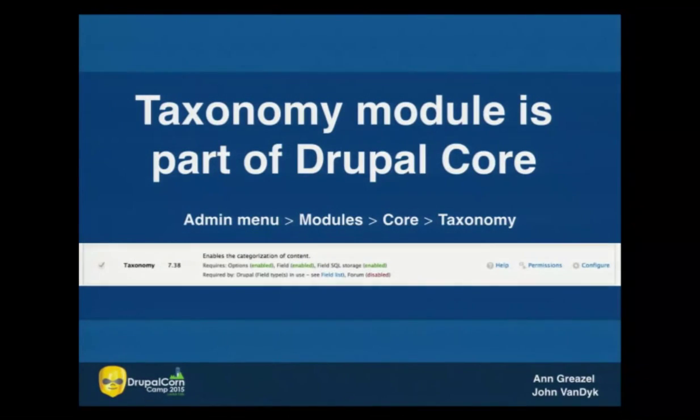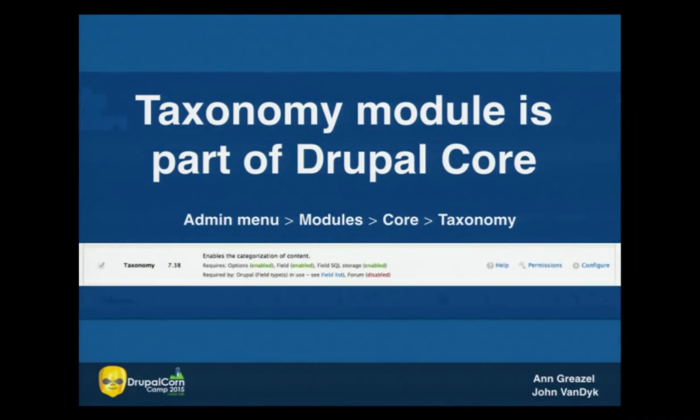If you wanted to just get that going for your site, all you really have to do is go to modules and look at the core module list and find taxonomy. And what you're going to find is that taxonomy is already selected and it's on. So taxonomy is enabled, okay?